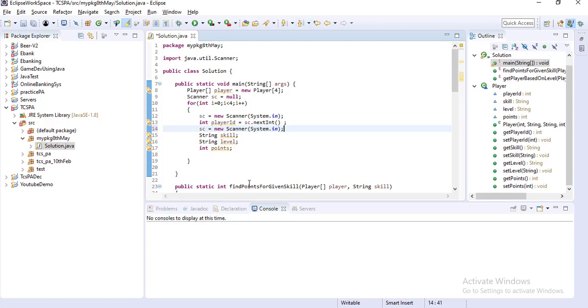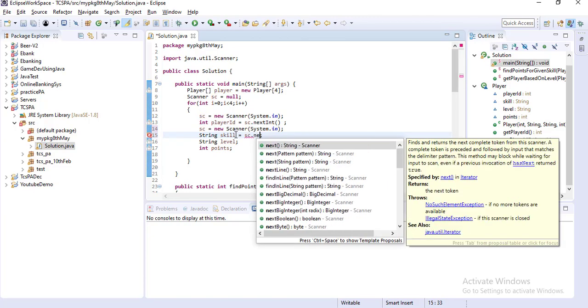So for simplicity I am just creating 4 scanner objects, one for each variable. So sc is equal to new Scanner(System.in), then String skill equal to sc.nextLine.